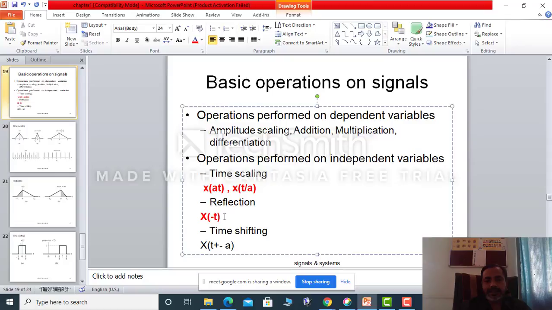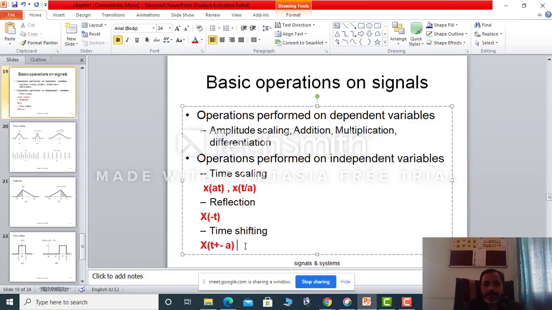The minus sign you have to write at the bottom. Don't write like this what I have written here. t plus or minus a,